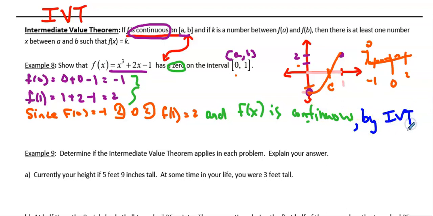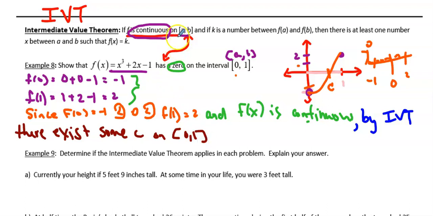So you have to always say in calculus what you're using. There exists some c, and that's going to be right here. I don't know where it's crossing. I don't know where it's crossing between 0 and 1, but it's some c on the interval from 0 to 1, right, on the interval. And you don't have to say continuous because you've already said it right there. There exists some c on the interval from 0 to 1 such that